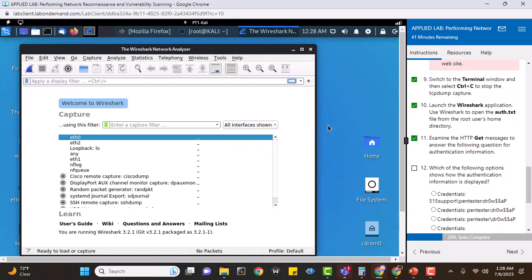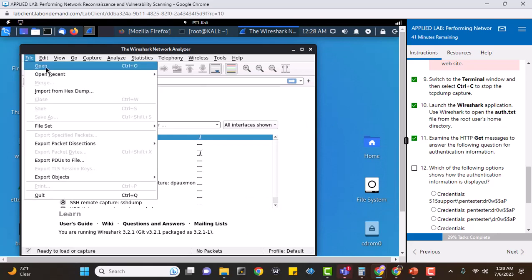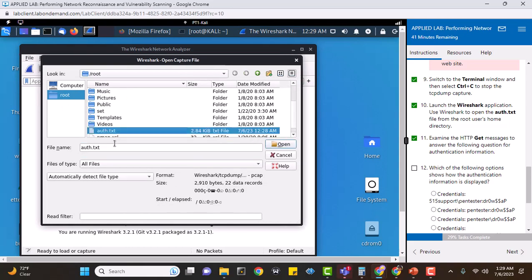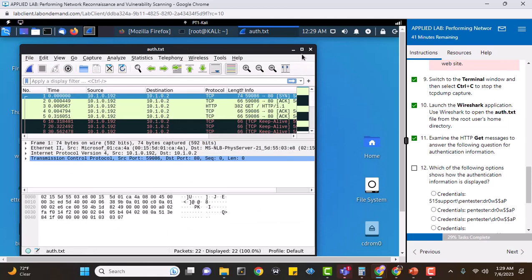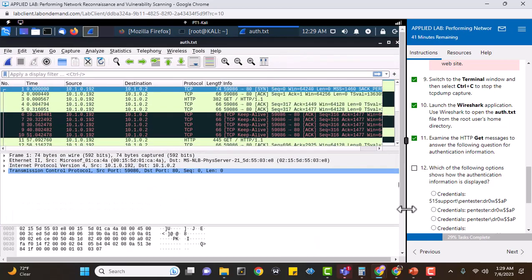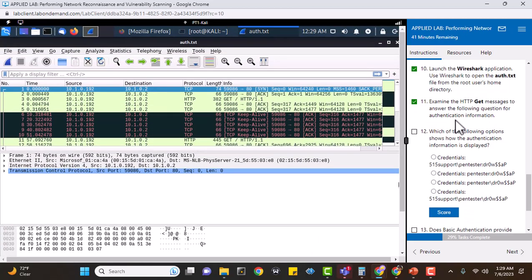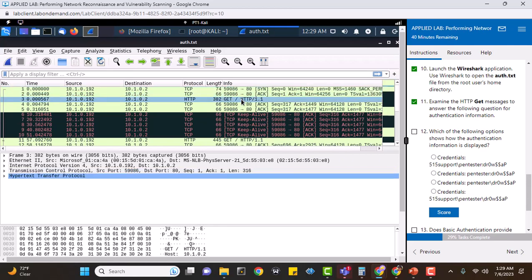And then we're going to open, file open, scroll down, auth.txt, open. Look at this, all this neat stuff. All right. Examine the HTTP GET messages. So here's the first one. GET. Right, and then at